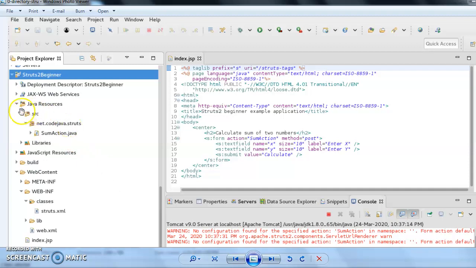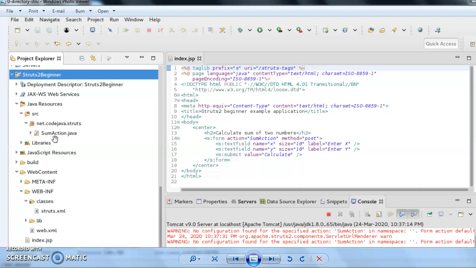So first is Java Resources. Under Java Resources, we have the src folder, which is already there. You need not create it explicitly. This is our file someaction.java, where I have written the code to add two numbers, and the input is taken from the user.